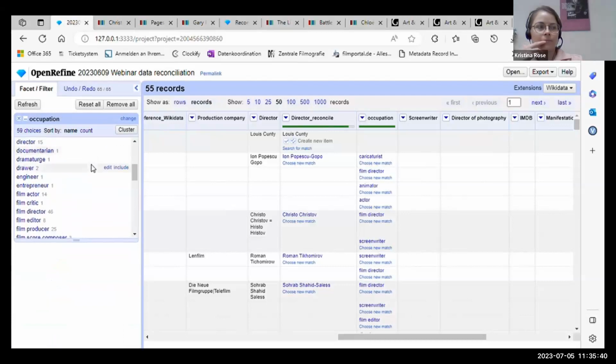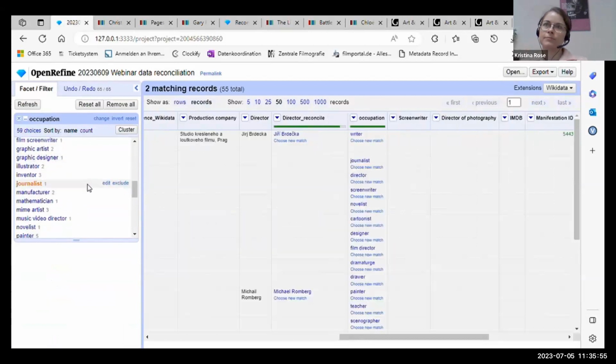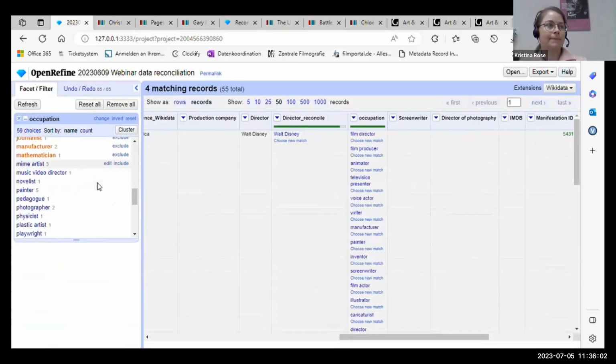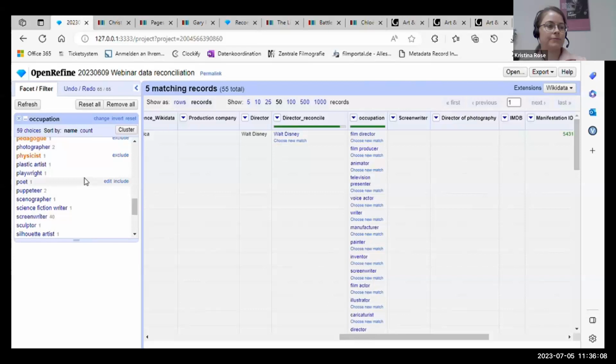So for example, business person, I'm going to check this. I'm also going to check the engineer or the entrepreneur, the journalist, mathematician, looks interesting, manufacturer, pedagogue, physicist is also a bit suspicious, teacher,